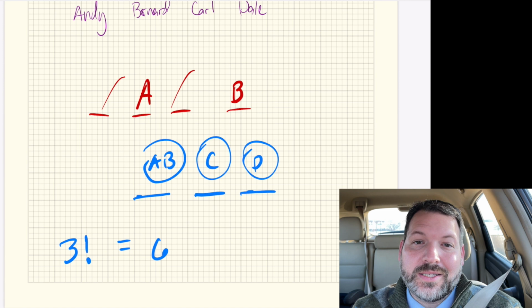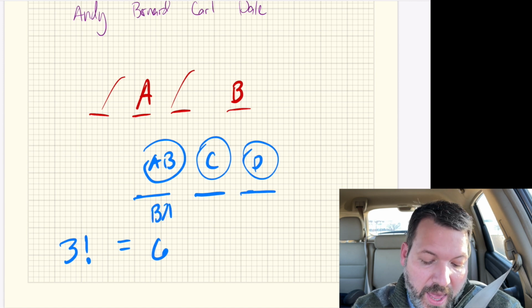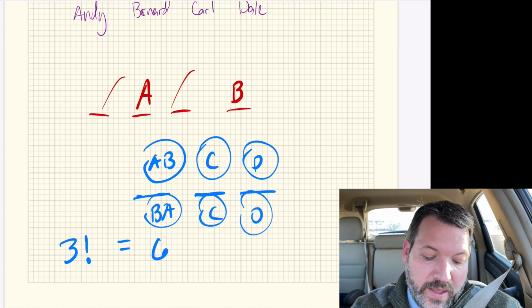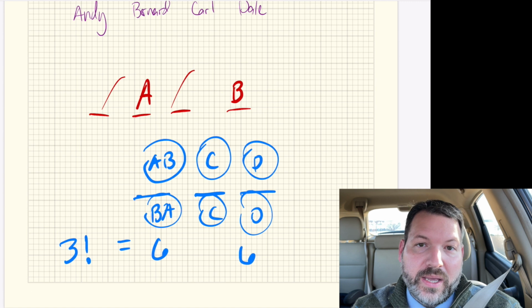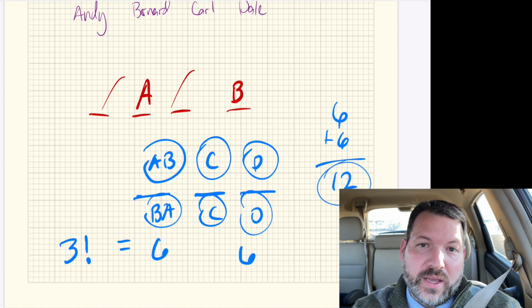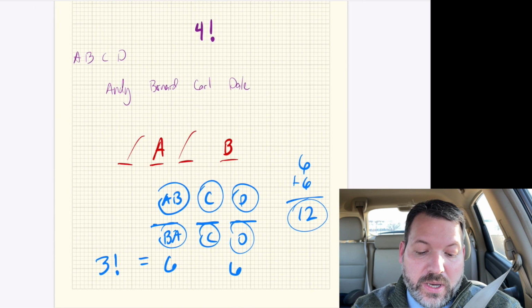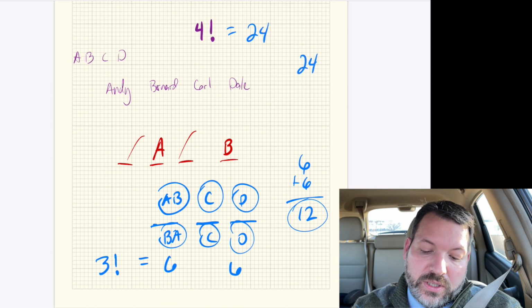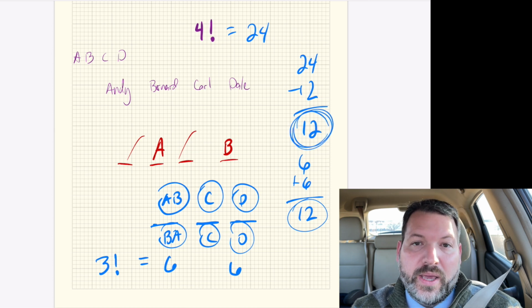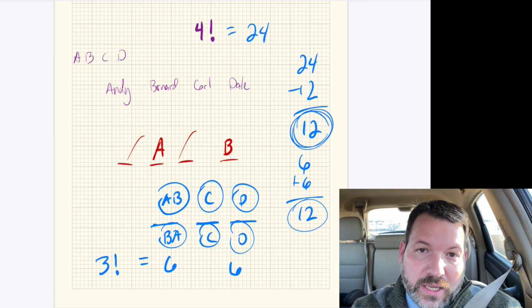But you do want to notice that's 6 different ways with the order A, B. If this is the order B, A instead, and then you're placing C and D somewhere else in this line, that's going to be another 6 ways that they could be next to each other. And so we end up with a total of 6 plus 6 is 12 different ways that they could be next to each other. In this case, because it was 24 total ways that they could be arranged, we do 24 minus 12, and that gives us finally 12 ways that A and B can be seated and not be